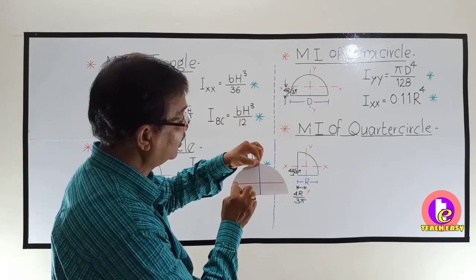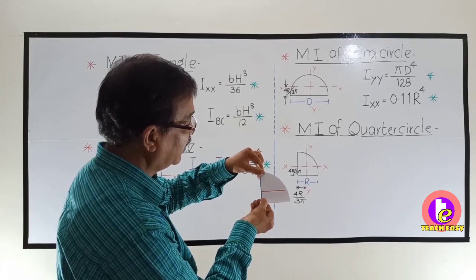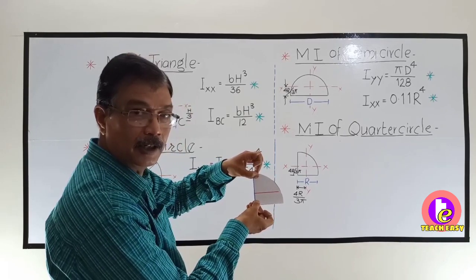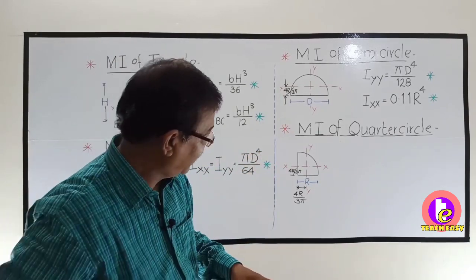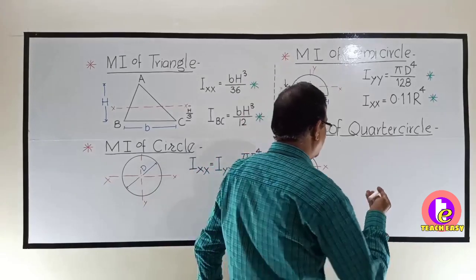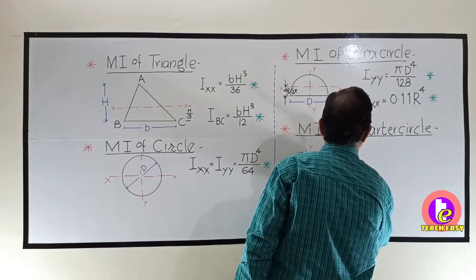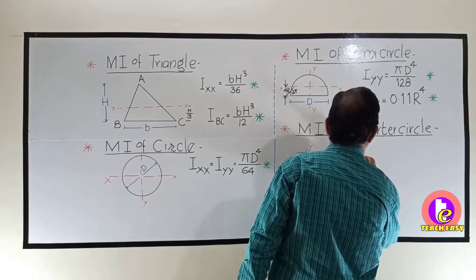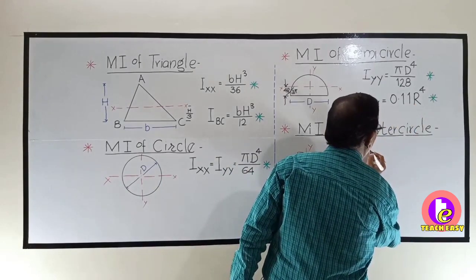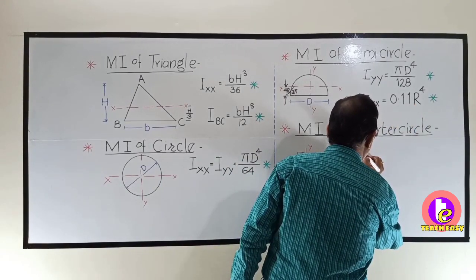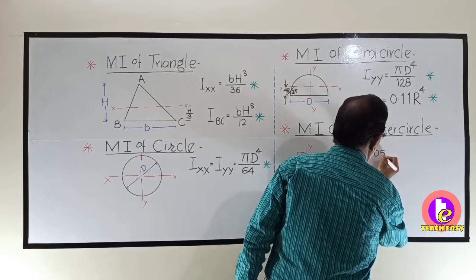Now the axis is the same, the xx axis, and only the area is halved. Therefore, in this case, what will be Ixx? Half the area will become half, means this by 2. So 0.11 divided by 2 will be 0.055